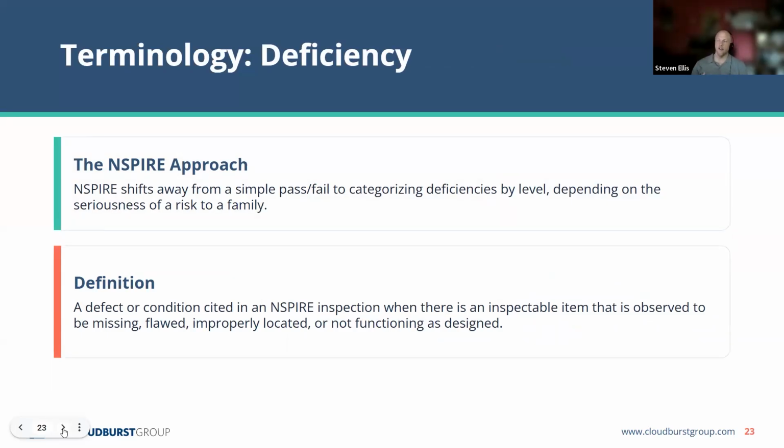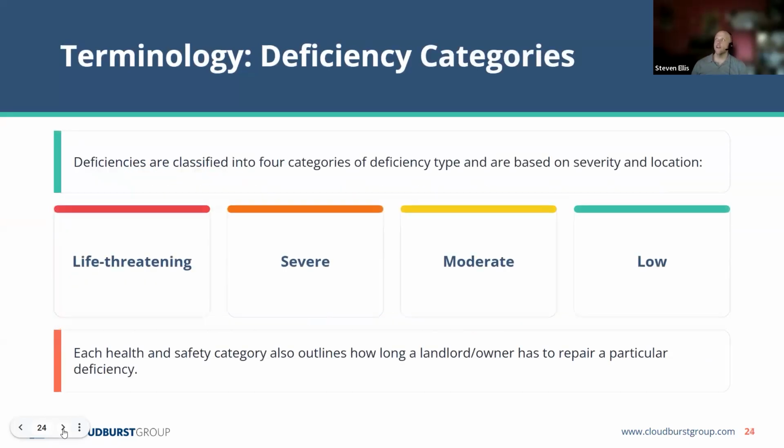So once again, you can review this in the notes on your own, but that's really what you're looking for. Each deficiency also has certain categories for the severity of that, and each severity comes with a prescribed time frame for corrections. So for example, something that HUD might call life-threatening, which is the most jeopardy to a family's health and safety, generally has a 24-hour requirement to fix. Once again, until CoC puts out their standards, we can't be sure, but generally across the other programs, these four categories that all deficiencies are tied to, those definitions will also be the same.